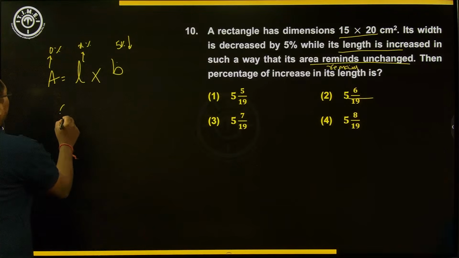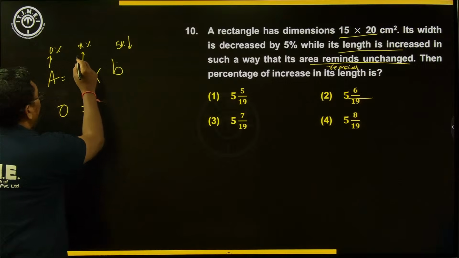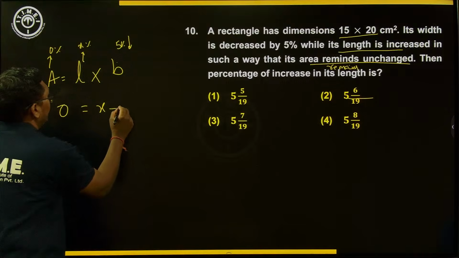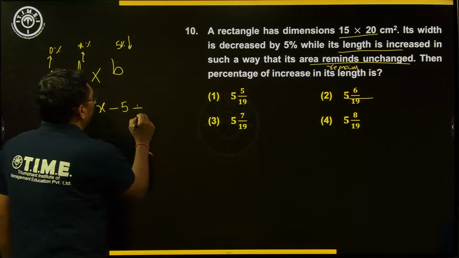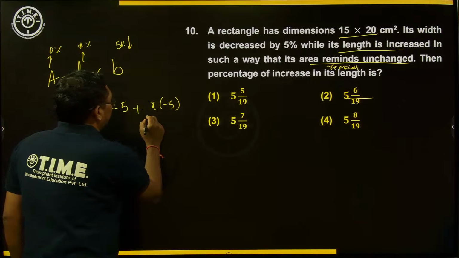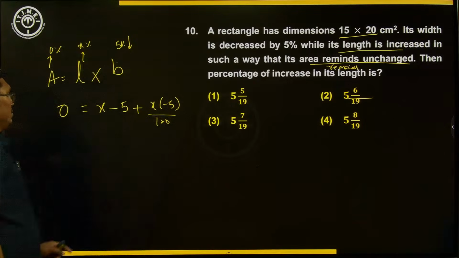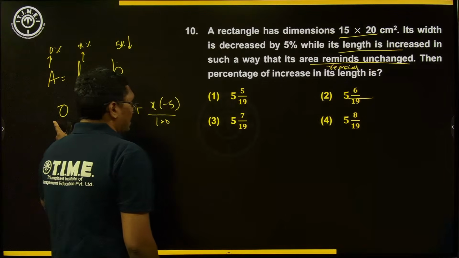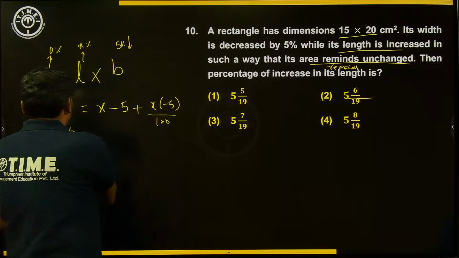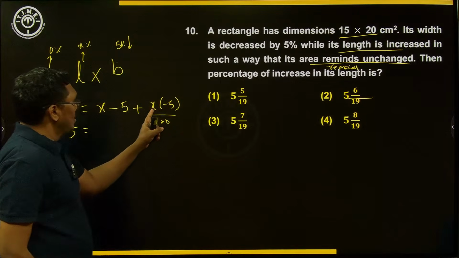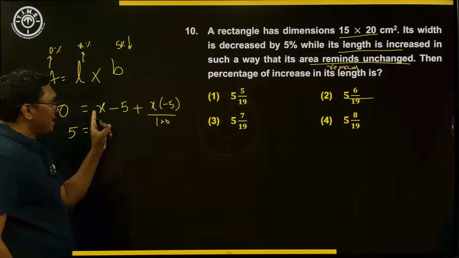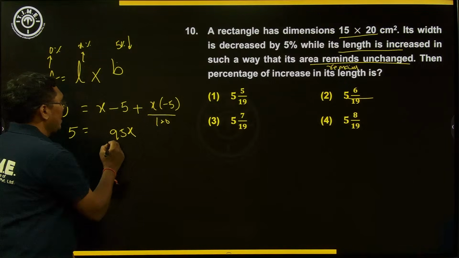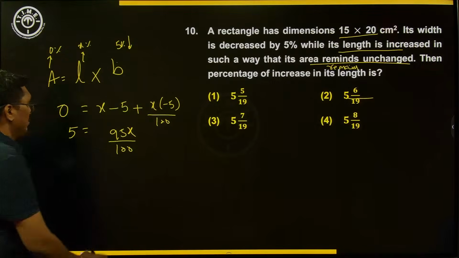So 0% is equal to, this is x, it is increase. Next this is decrease, -5, and plus x into -5 by 100. So if you simplify this one, if you send -5 to this side, this is x minus 5x by 100. So 100x minus 5x, that is 95x by 100, right? So if you simplify this one,